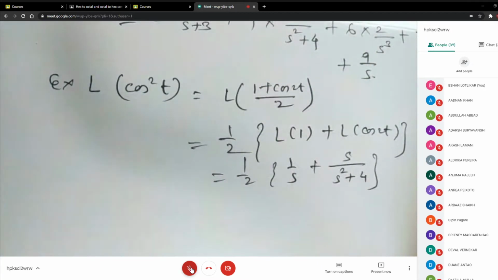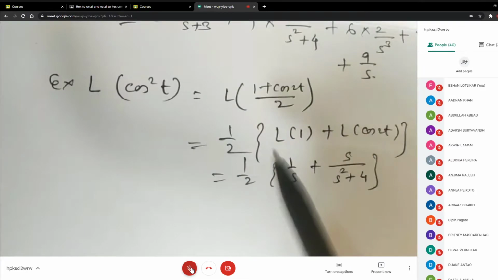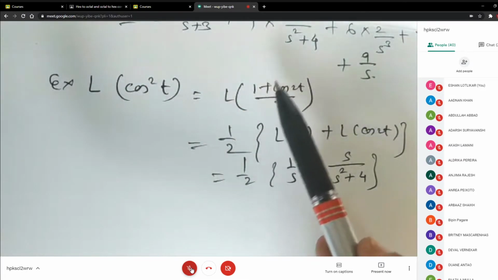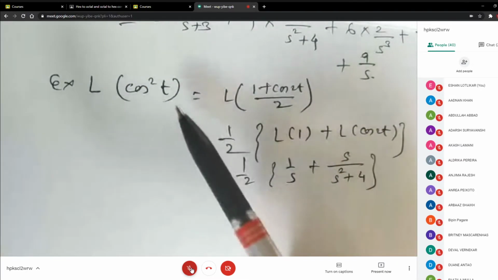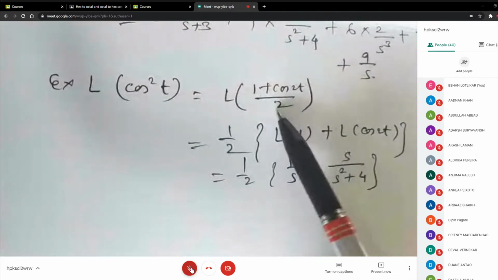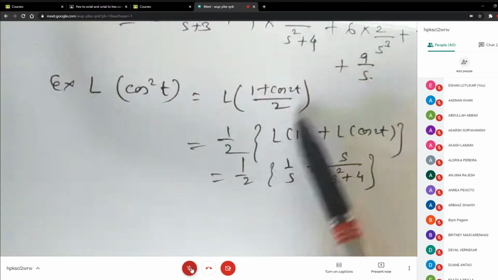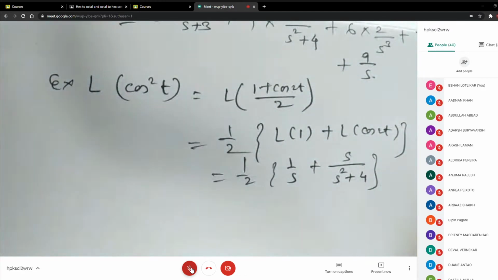Now in place of cos square, suppose sin square comes. Then what is the substitution for sin square? It is 1 minus cos 2t by 2. So these are all small formulas, students. If you don't revise, you may tend to forget. It is not that you don't know these formulas, but you may get confused with the middle sign sometimes. I have seen students writing the substitution for cos square of t as 1 plus cos 2t by 2 and for sin square of t as 1 plus sin 2t by 2, which is wrong. It is the same thing for sin square also, only the middle sign is minus there.